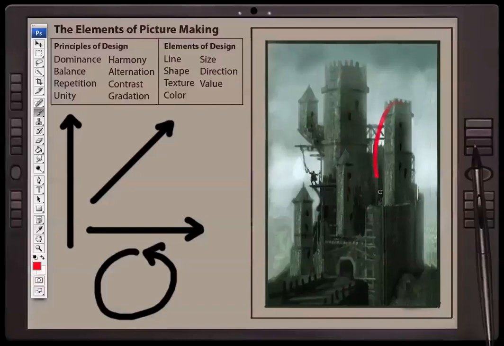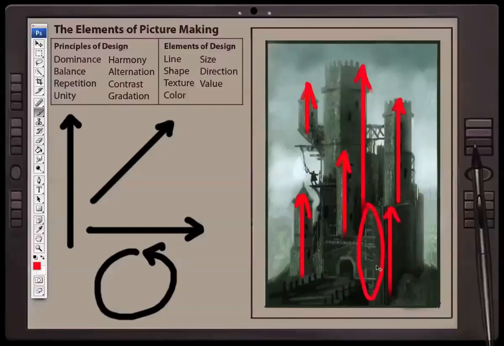All of these towers that you see have this long shape to it, pointing upward and thereby establishing a dominant vertical direction. Even the side of the wall here has a vertical direction to it, as well as this ladder that appears here. Now, when you have a dominant direction, it needs to be relieved by a different direction, a subordinate direction to